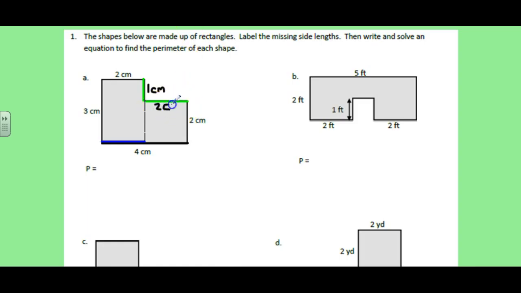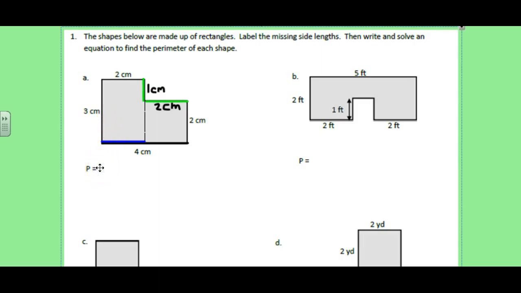And I know that it did not say that this was a square. And sometimes it's hard to tell if something is a square if it doesn't say it's a square, but this really does look like a square, and we do know that squares have the same length of sides all the way around. So knowing that this was 2 could have also helped us to know that this also was 2 centimeters. So now we know all of our missing side lengths,